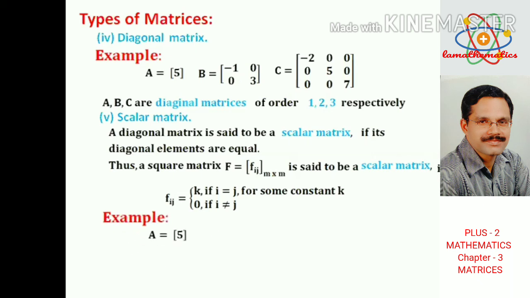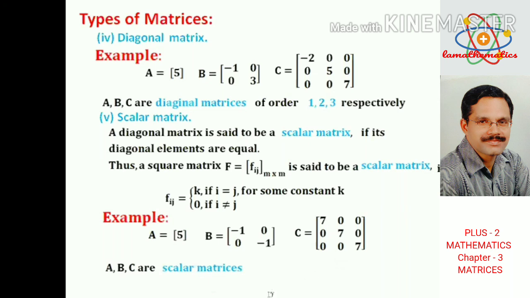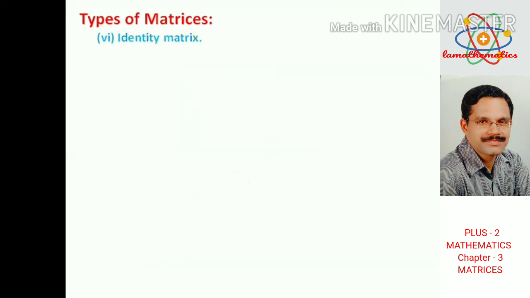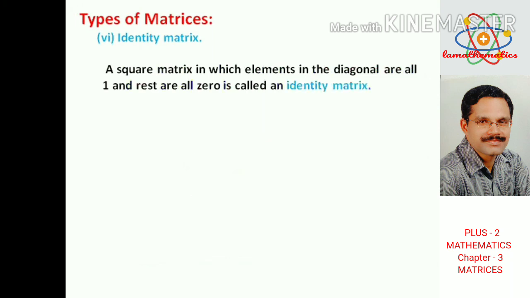എക്സാമ്പിൾ ക്യാപിറ്റൽ എ ഈക്വൽ ടു 5, capital B equal to -1 0 0 -1. Diagonal elements equal, all others are 0. Capital C 7 0 0 0 7 0 0 0 7. അതായത് A, B, C are scalar matrices of order 1, 2, 3 respectively. Types of matrices. Identity matrix: a square matrix in which elements in the diagonal are all 1 and the rest